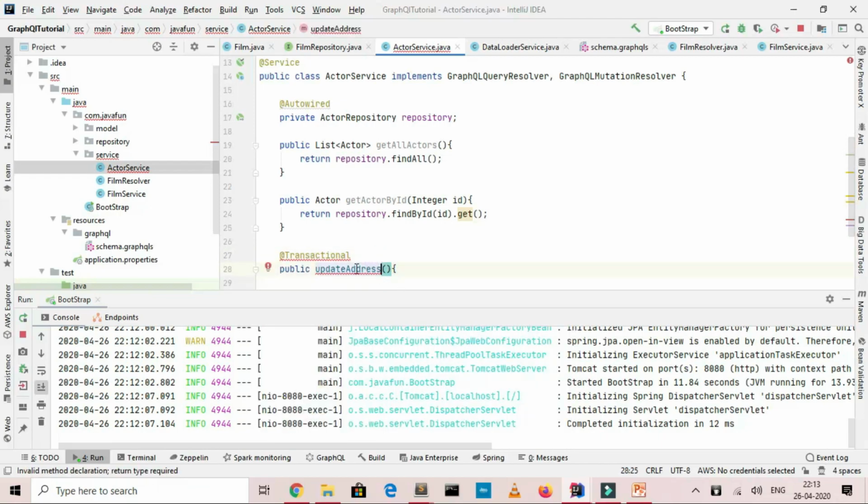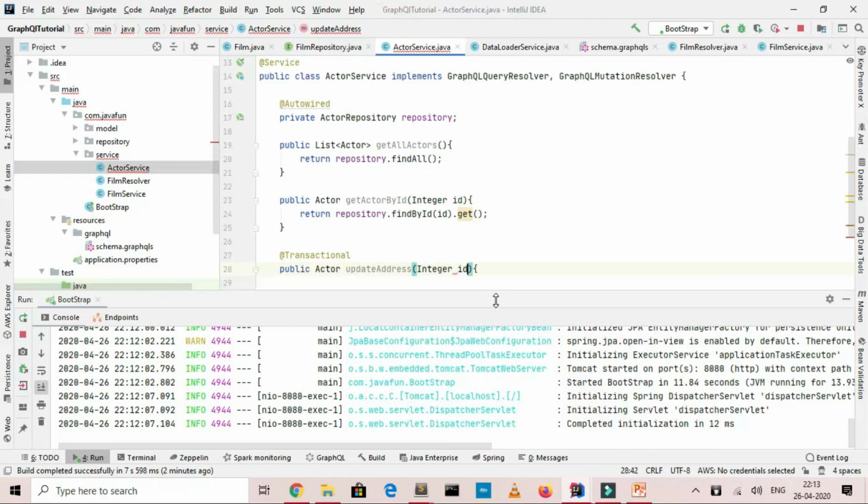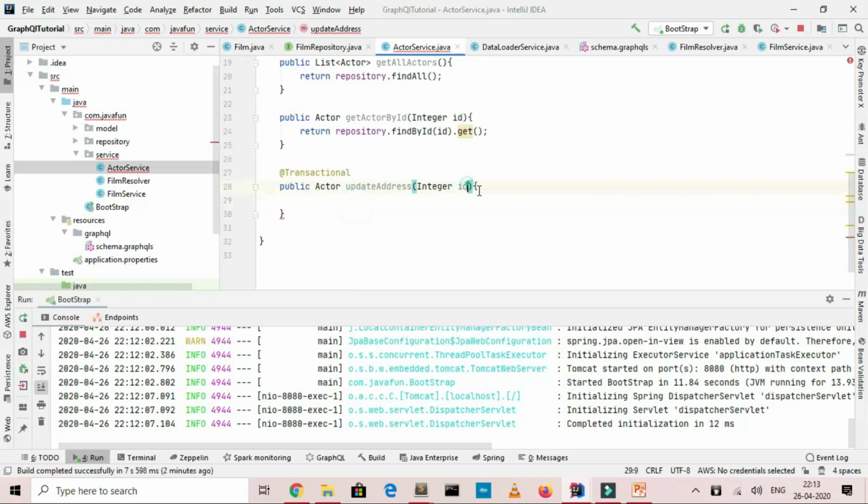Basically, I'll receive an ID of an actor, and for that ID we'll receive a new address as well, and we'll update that. So what we can do is we can first fetch the actor from a database,